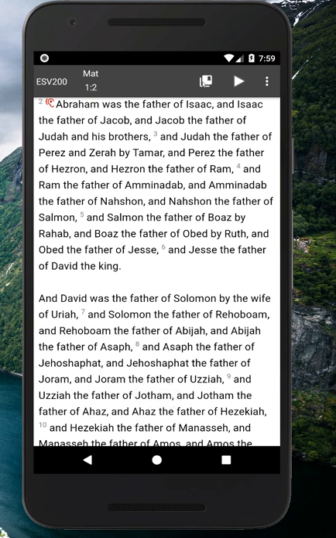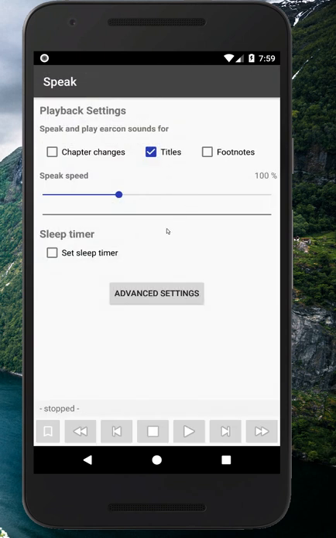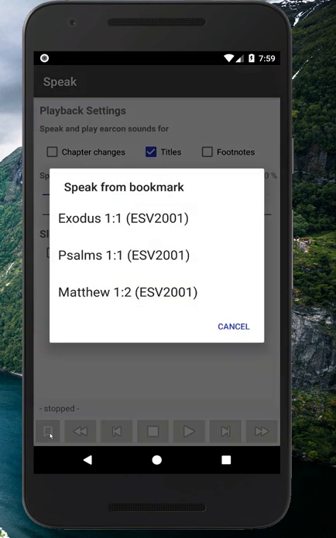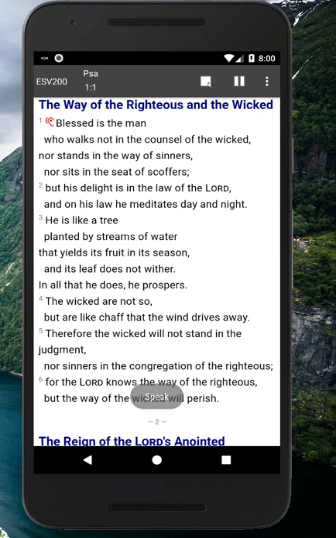Let's now go to Speak settings. Here we can use the bookmark button in the left bottom corner to quickly start speaking from Speak bookmarks. Let's start now from Psalms 1:1. The way of the righteous